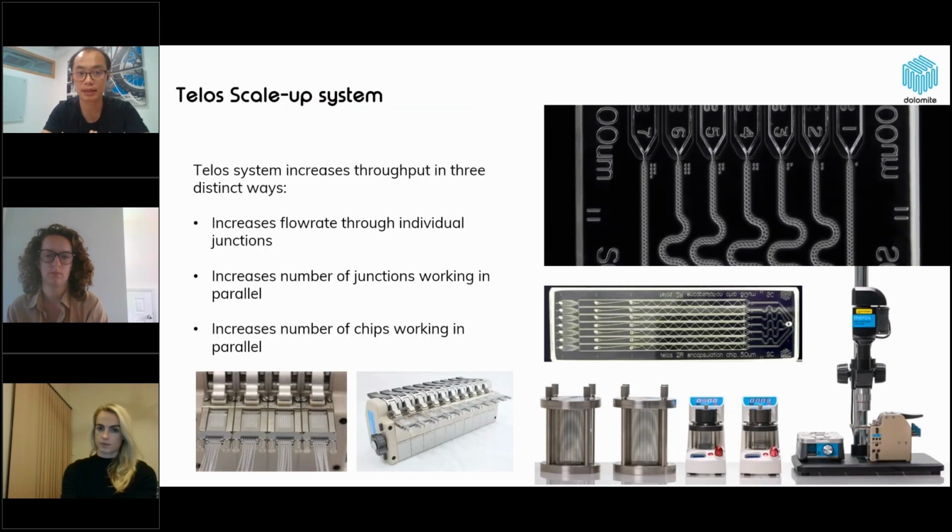And the third system of Dolomite Microfluidics is the tailored scale-up system. The tailored system can increase the output in 3 ways. It can increase the flow rate through an individual junction, and/or it can increase the number of junctions working in parallel. So in the images you can see there are 7